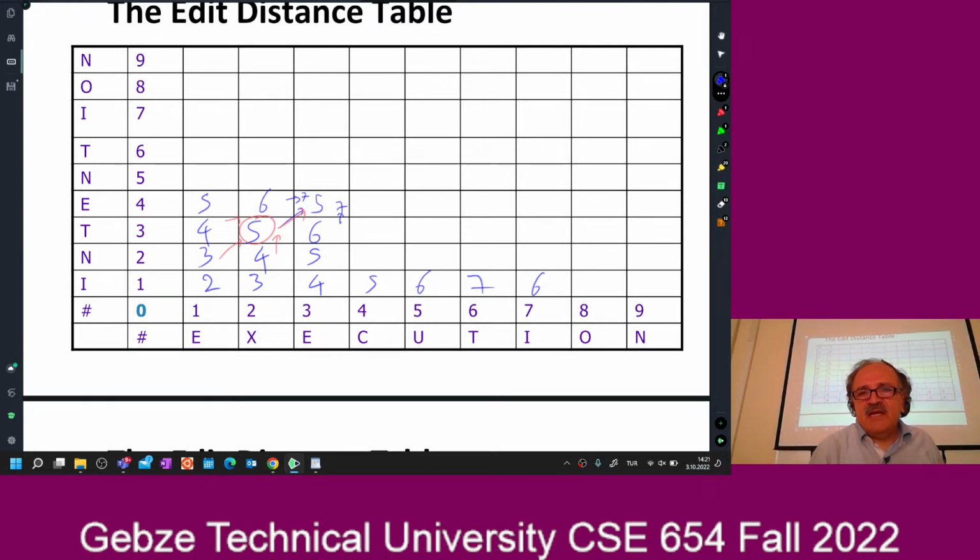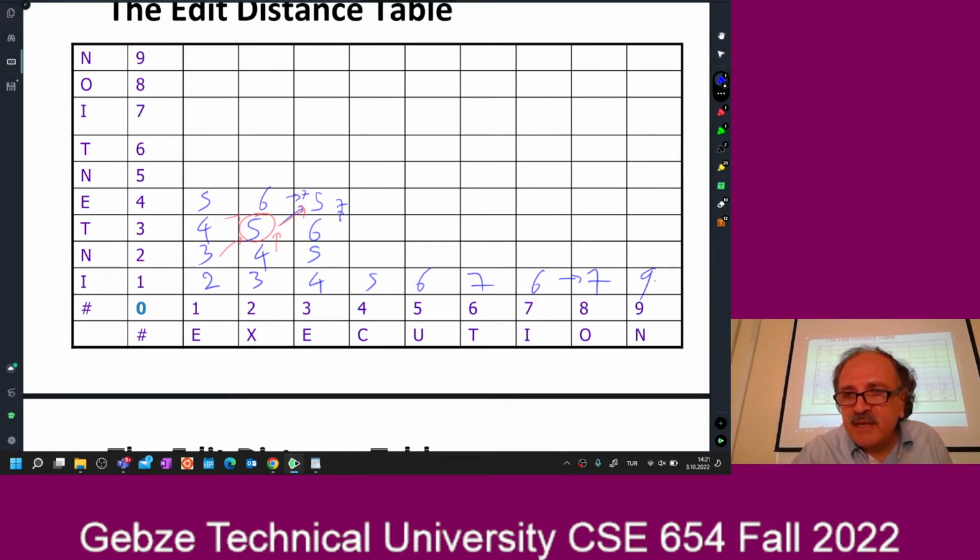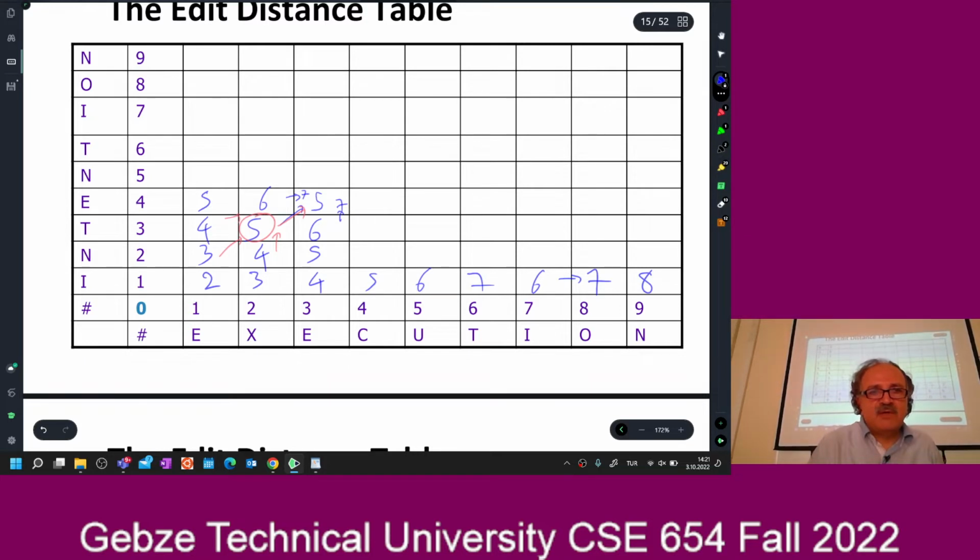If I include this O in here, I cannot do this deletion. This is expensive because this is going to be 9. I cannot do the replacement of I and O, well, it's going to be 9 again. But if I come from here, just one deletion of I is going to be 7. And then 9. Sorry, and then 8. Okay, let's do this. This is going to be 6,